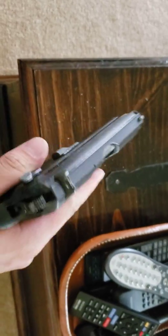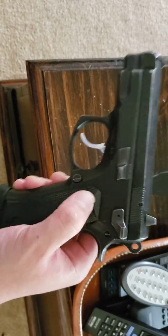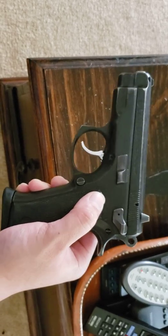Oh, also what I have to get is a firing pin. I'm gonna buy a replacement firing pin. The previous owner said that he had replaced this one. And I've read on the forums, I haven't actually looked this one up, but I have...